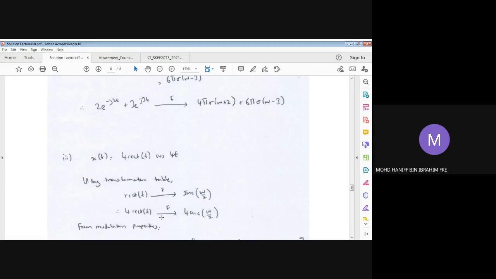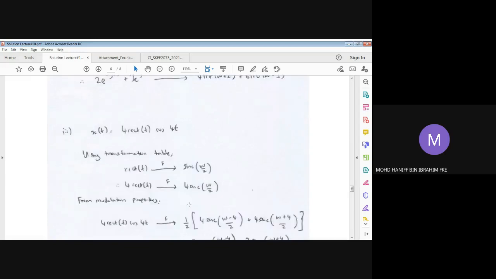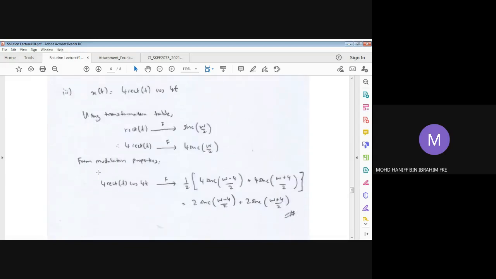So this 4 rectangular t should be processed with the modulation properties, which is multiplication with a cosine of 4t. So for that, we can write 4 rectangular t times cosine of 4t. This will be the basic signal. That will lead us to this result, which is half of